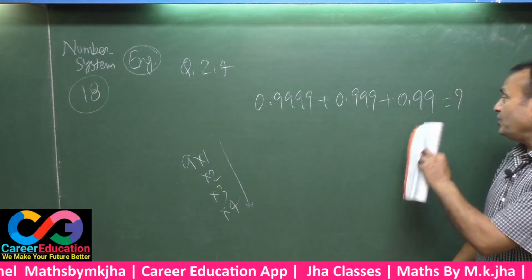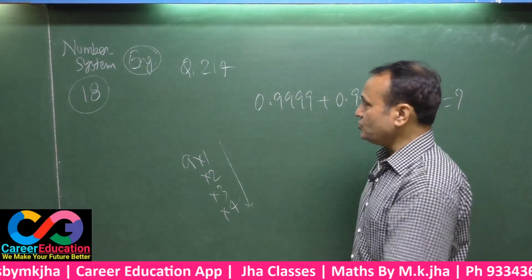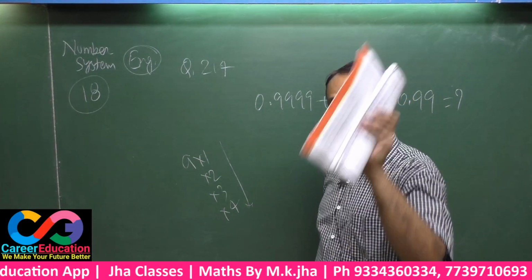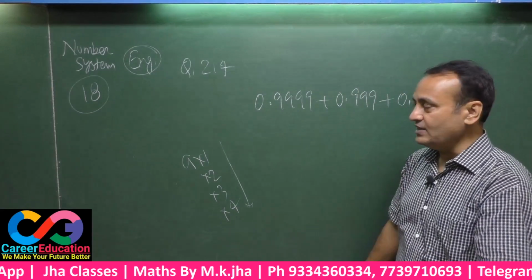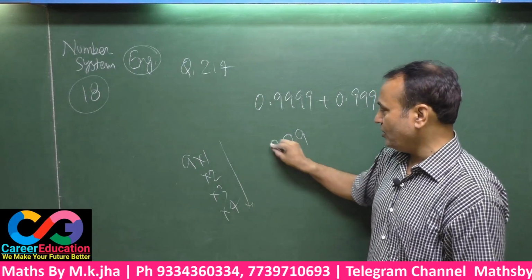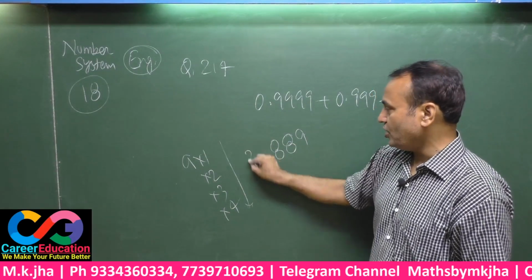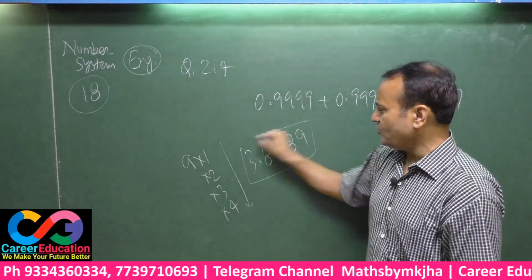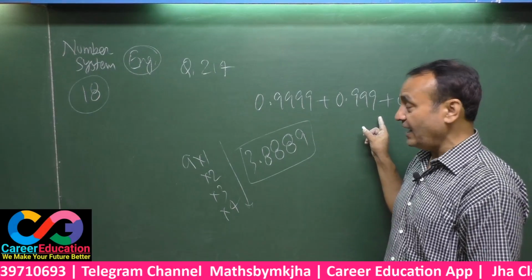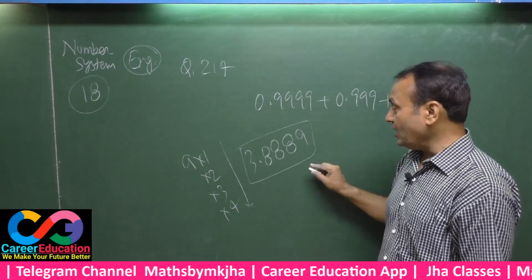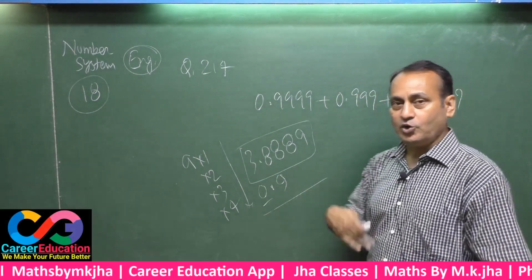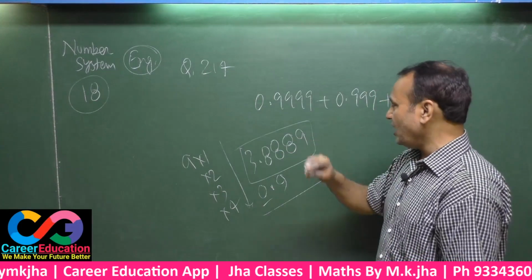But see here, 0.9 is not appearing here. That means you have to apply the trick by force, and 0.9 must be taken out at the last in order to correct the answer. That means 9 1 ja 9, 9 2 ja 18, 9 3 ja 27, 9 4 ja 36 to 38. This would have been your final answer had there been 0.7 also, 0.9 also. That means 0.9 must be taken out here and 0.9 must be taken out here in order to have the correct answer. Now your correct answer is coming to you